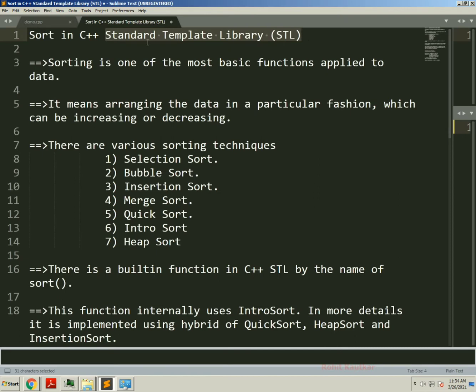If you don't use the sort function, then you need to implement your own logic for sorting your data, and it will be data type specific. With your own function, you can sort either integer data or float data, depending on how you write it. The sort function is a generic function which has the ability to work with different data types. So there is a built-in function in the C++ standard template library, and that function is what?